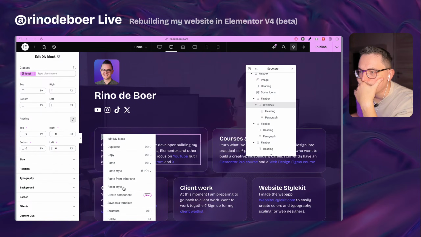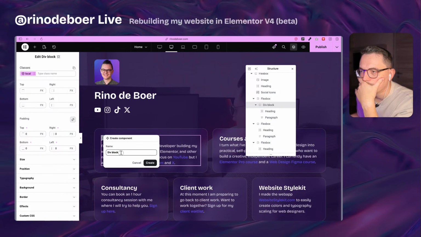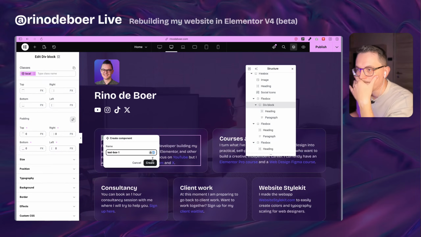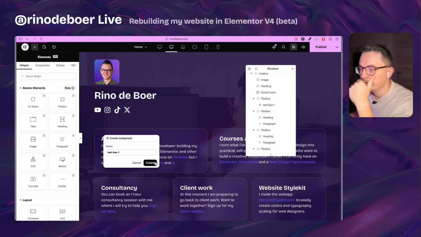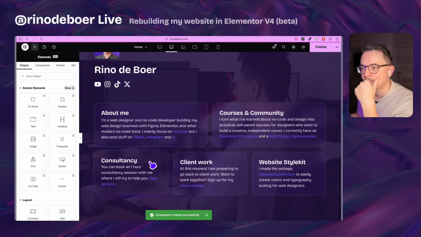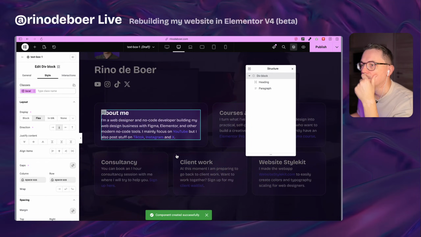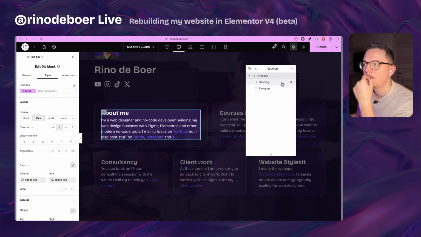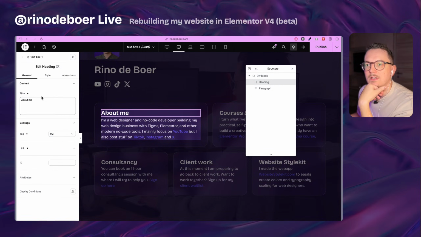Okay, so now we're gonna turn this one into a component. Text box 1. Let's just do that. We don't need perfect naming. That's also something developers obsess about. But that doesn't make your website better. Just do something that works for you. Okay, that's it. So now, how can I make sure that this one